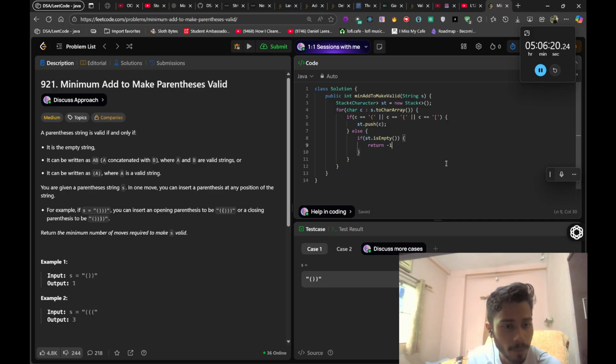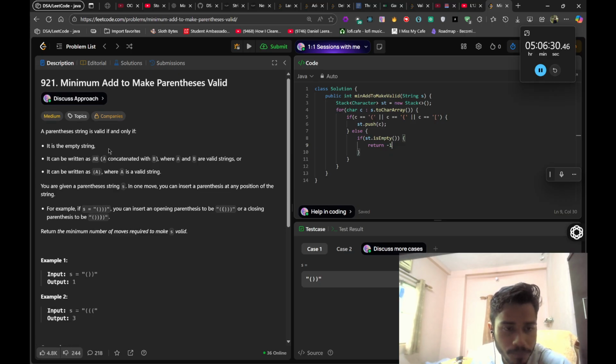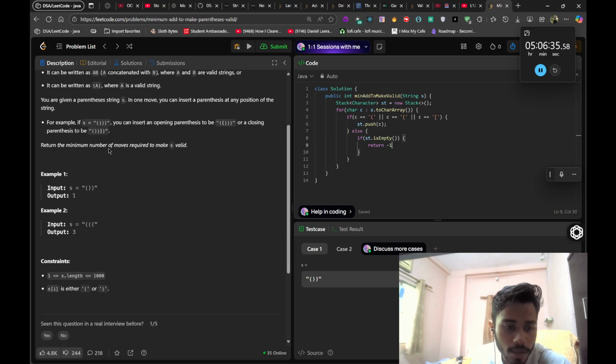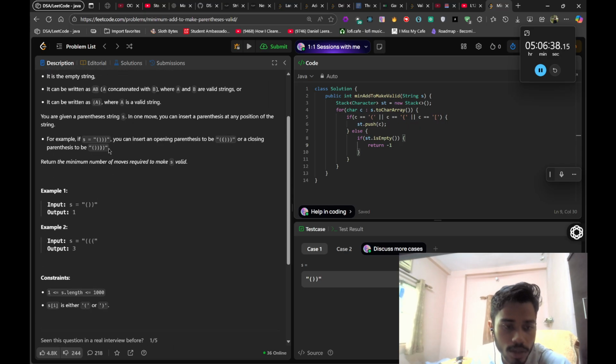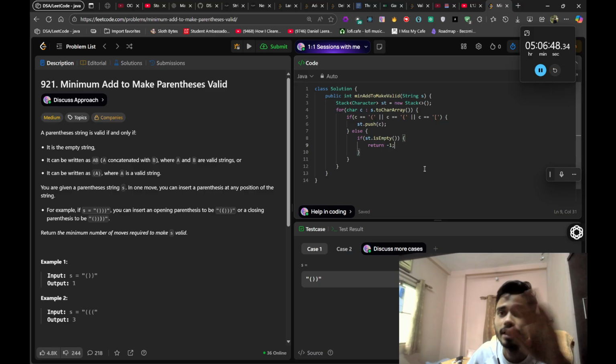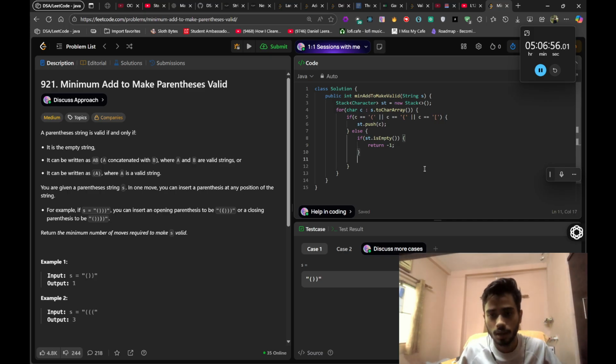A parenthesis string is valid only if and only if, see, if it is starting with the closing bracket, I can't do anything about that, so I'll have to return -1. If the first bracket is a closed bracket, I can't complete it no matter what. So I can't make it valid. That's the point. So I'll return -1, and then